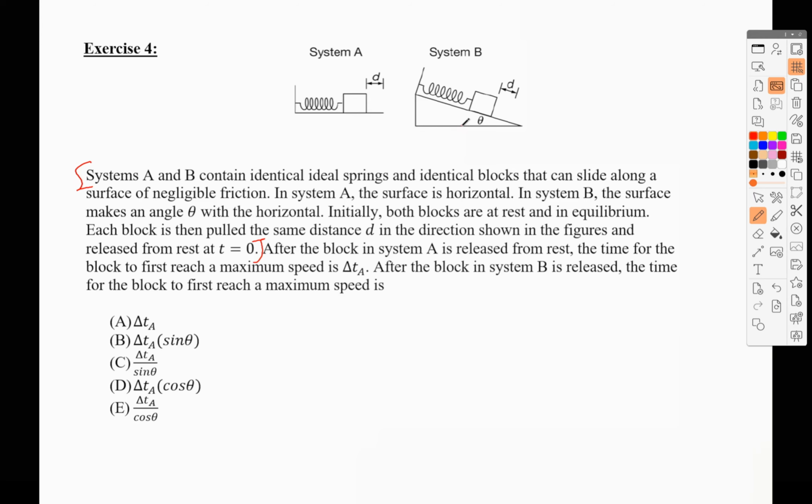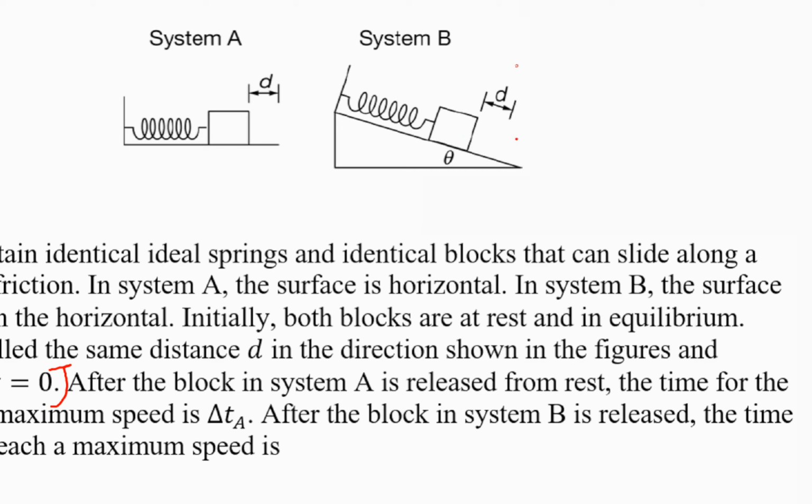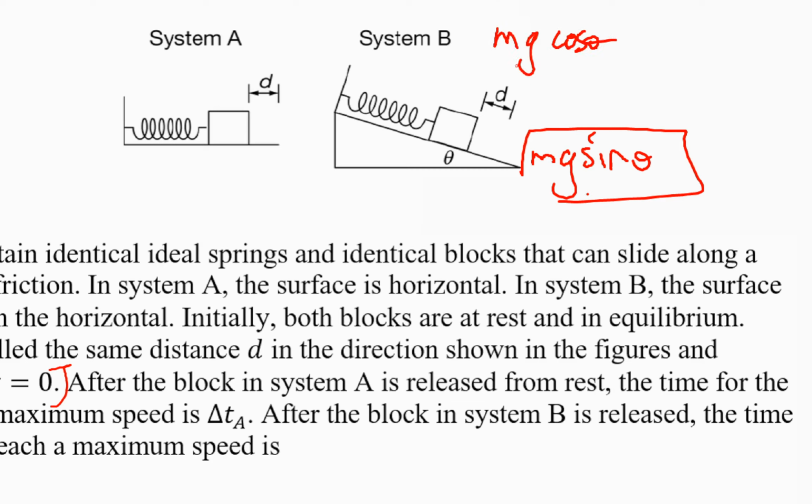inclined on a ramp. Now the only thing here that has been changed is that we have a normal push, but the normal push doesn't affect our system because it's also present in the case of a horizontal oscillator. Now here we would have the pull of gravity, but not a complete pull of gravity. It would be modified and given by mg sine theta, which is a modified pull of gravity. Also, the normal push is a modified normal push, which is given by mg cosine theta. However, whether it's mg or mg sine theta, we can always implement a constraint equation and we would end up with the same differential equation and with the same parameters of motion, and the period would be given